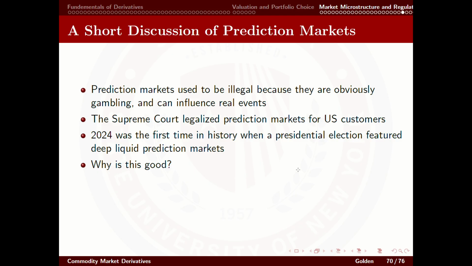And to give you an example of how this works in practice, I want to talk about prediction markets. Prediction markets used to be illegal because they're obvious that gambling can influence real events. The CFTC has had a common belief about prediction markets, and some people said, well, what if I want to hedge against this real-world event? There's pretty much no one who actually is benefited from being able to hedge against macro events. Normally, people who have legitimate need to hedge are trying to hedge against very specific events, and they can have hedges against the effects of that event, but they can make it more specific to their use case because